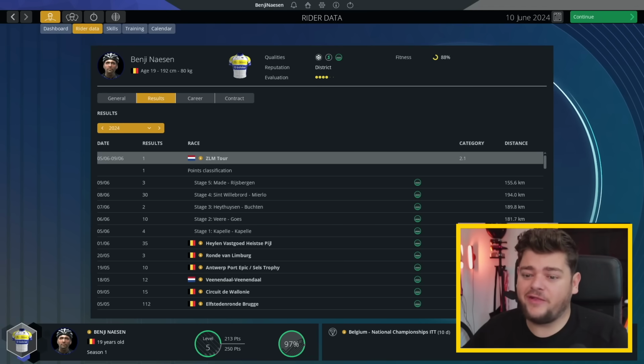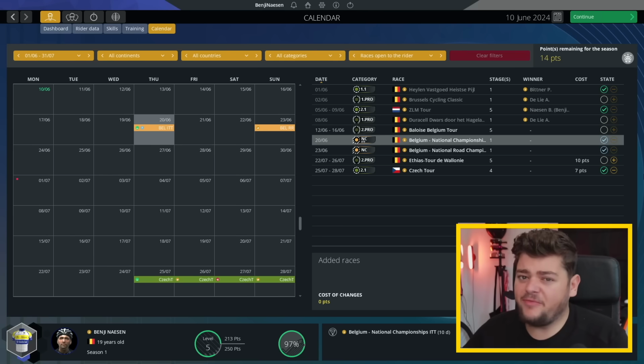Welcome back to our Pro Cyclist mode on Pro Cycling Manager 2024. Our last episode was really successful, getting our first victory not on the road but in GC. My goal for today's video is pretty simple. I want to win an actual race on the road, so crossing the line first. But before we start racing, I want to take a look at our calendar because I might want to add